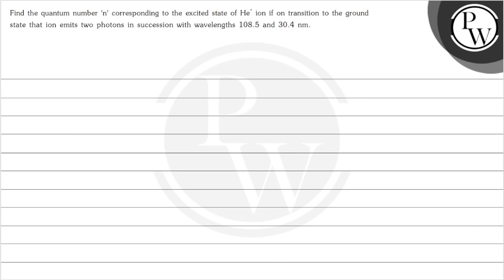हेलो बच्चों, लेट्स स्टार्ट विद द क्वेश्चन। सो इस क्वेश्चन में हमसे पूछा गया है, फाइंड द क्वांटम नंबर n corresponding to the excited state of He plus ion if on transition to the ground state that ion emits two photons in succession with wavelengths 108.5 and 30.4 नैनोमीटर।